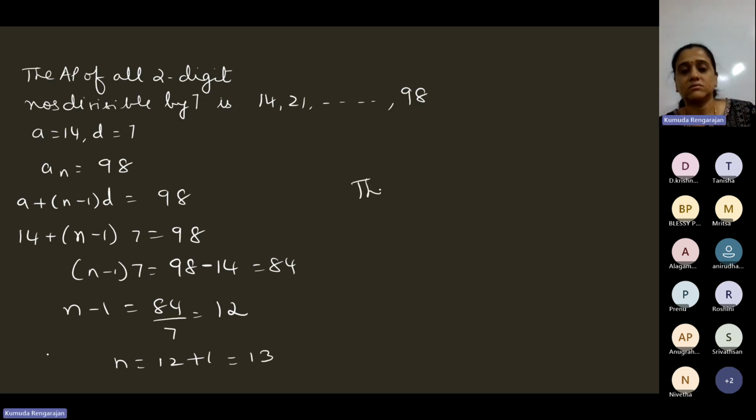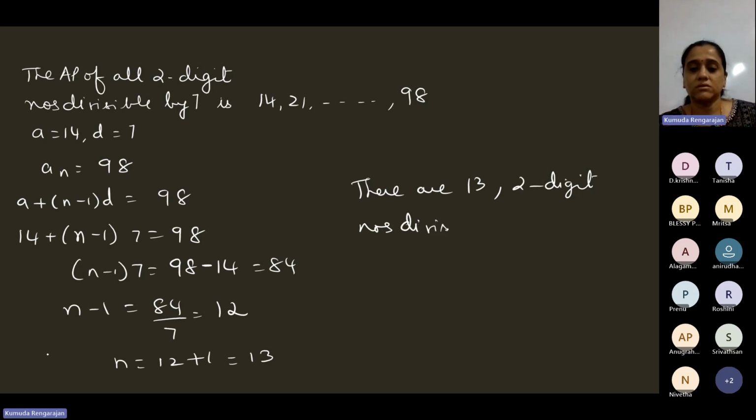So there are 13 two-digit numbers divisible by